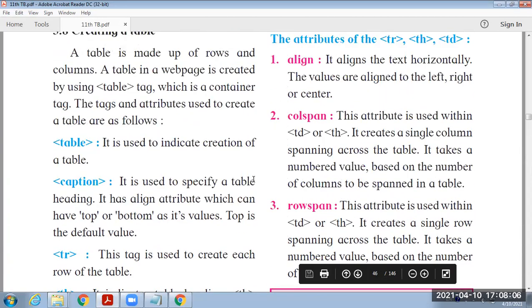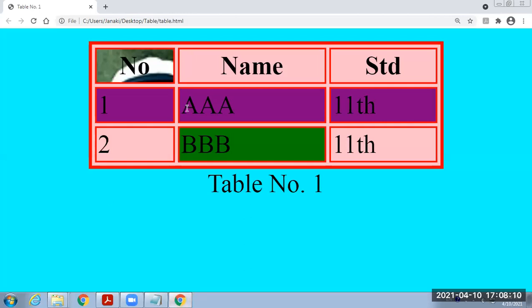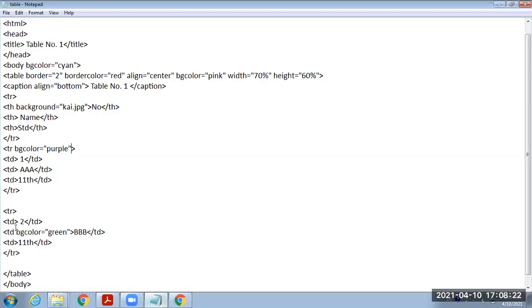Now, the align attribute. The align attribute is used to display the contents, that means this content, at a specific position. Currently, it is at the left side. If you want to display it at the central position, you can give the alignment as center. Now go for the B. Here we have provided the BG color.